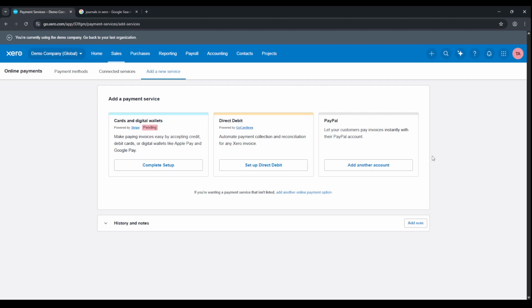That's it! You've connected PayPal and Xero, enabling quick, convenient payments right from your invoices. If you need to confirm everything works, send yourself a small test invoice and complete a test payment to check the end-to-end